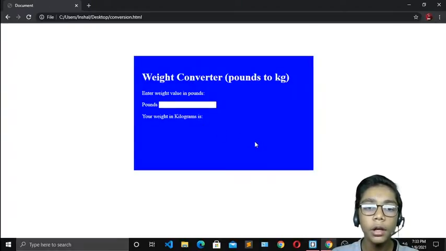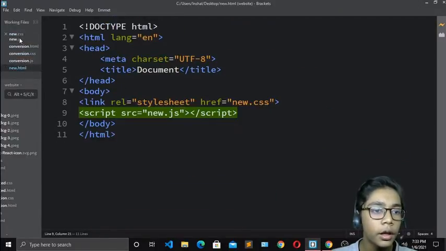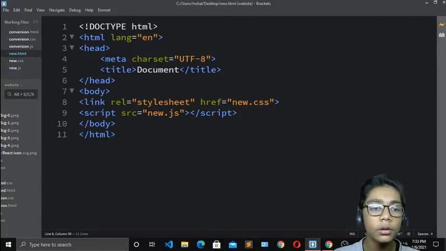So first of all, you have to open your Brackets text editor, and here we will work with JavaScript and some HTML and CSS. I will open that, and you just go to the files, which are new.html, new.css, and new.javascript, which I have just created. I've linked my style sheet here, and I've also already linked my JavaScript file. I've shown these things in many projects, so you can check those out. Here I will show you how to create it.